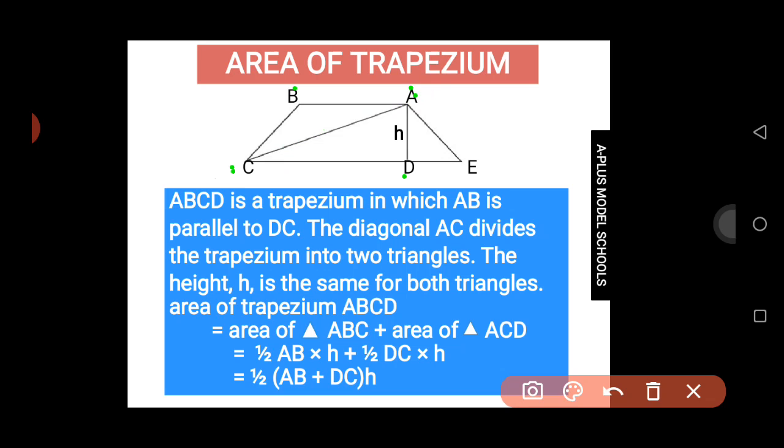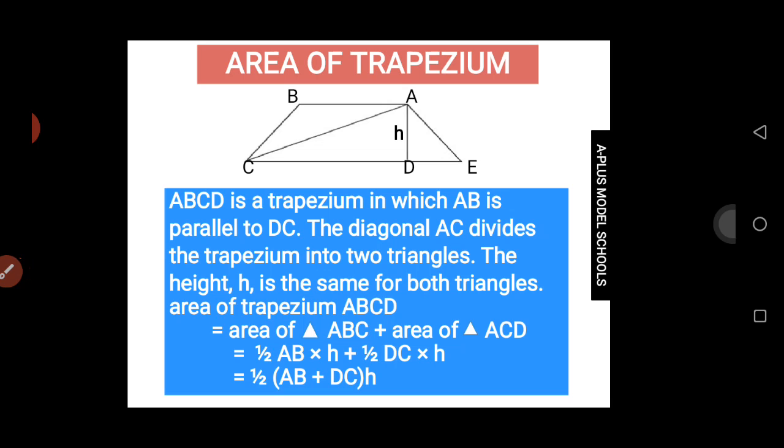But the interesting part is that the two triangles will share the same height because they are bounded by this height. So triangle ABC will share the same height, and triangle ACD will share the same height. So if this height is 8 centimeter, triangle ABC will use 8 centimeter, triangle ACD will still use 8 centimeter. So the formula for finding the area of our trapezium is half of the area of triangle ABC plus half of triangle ACD,